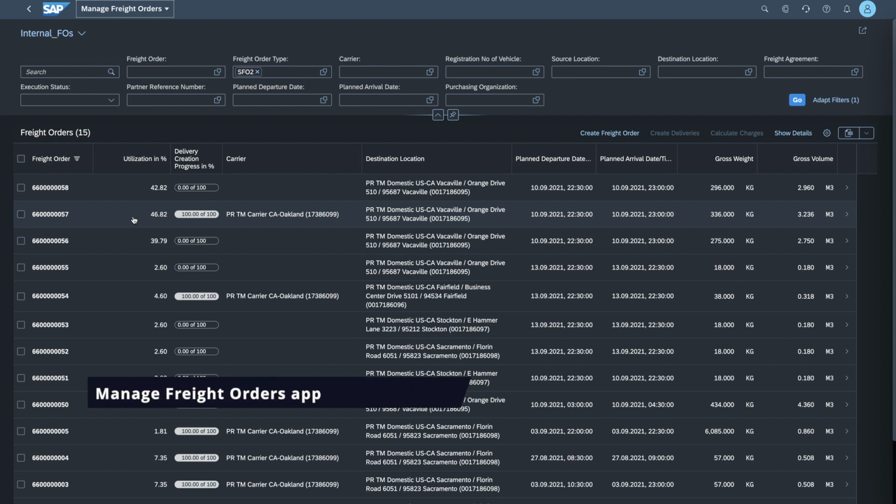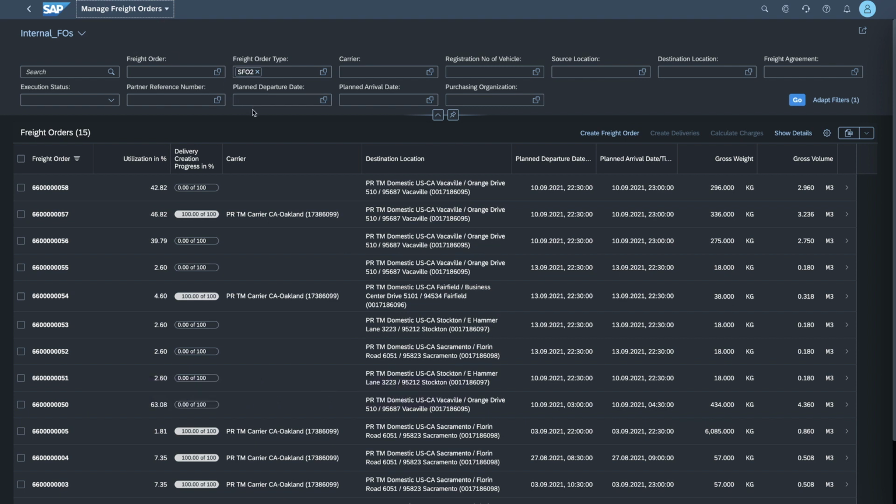And I have set this app to have a specific layout. It's also already got some selection parameters pre-filled, such as the freight order type, because in this particular scenario I want to only look at the internal freight orders that have been planned within S/4HANA Cloud. Now, the freight order that I'm interested in, if you recall, is this one here,